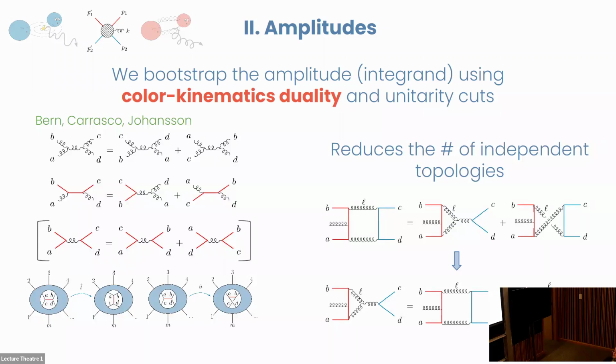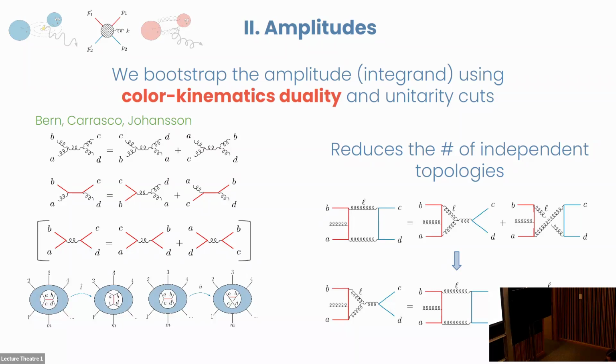This is also not just true for these simple 4-point amplitudes. It should be true for any kind of subgraph of a larger graph. So let's say we have some n-point L-loop amplitude. If you look at one of the internal edges, so this one, you should be able to change the connectivity of this internal edge. So if you imagine that it looks like an S channel, you turn it into a U channel and a T channel, and then the 3 resulting graphs should have the same relationship between their kinematic numerators. And then, right, so now you have a bunch of relationships between the different numerators of all these graphs in your problem.